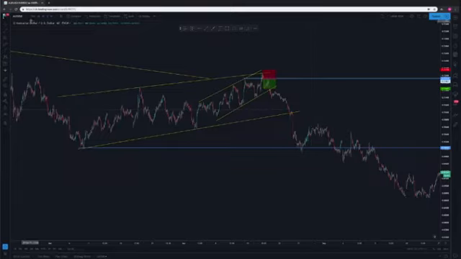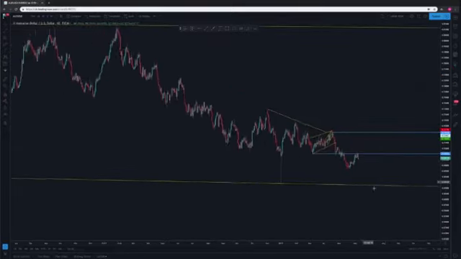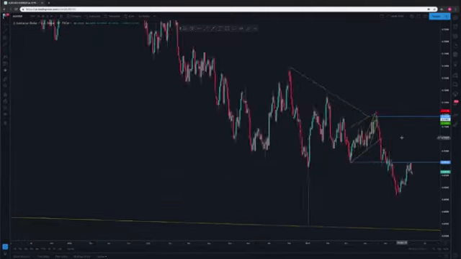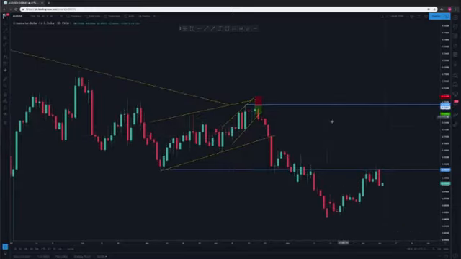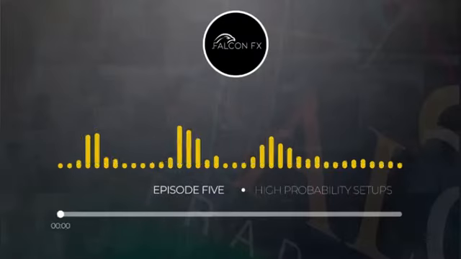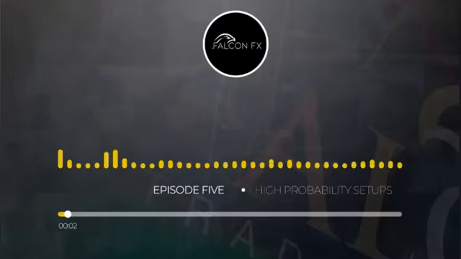So with the high probability setups and the valid setups, I hope you can see the difference here: with valid setups, it's more to do with the probable and the possible, and realizing that it can play out, but high probability is normally at completion of patterns, at the top and the bottom of structures as well. They're always really good and in alignment with the higher time frame structure. That's really what I want you to take away from it, and realize that when you can get your ratios right, like I said at the beginning, moving towards that, I promise you,